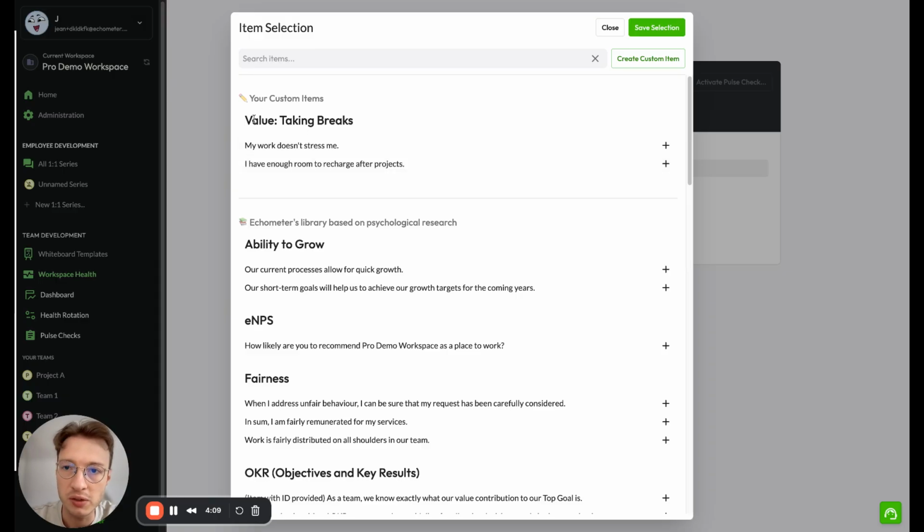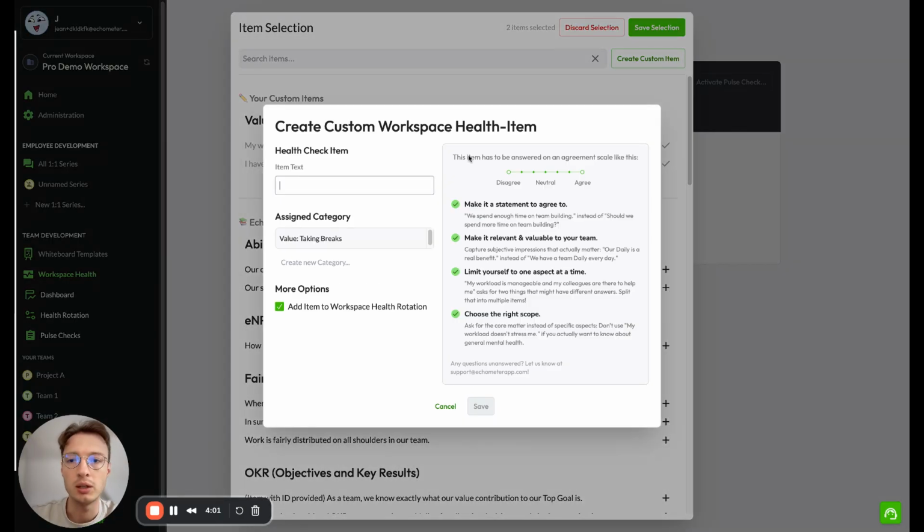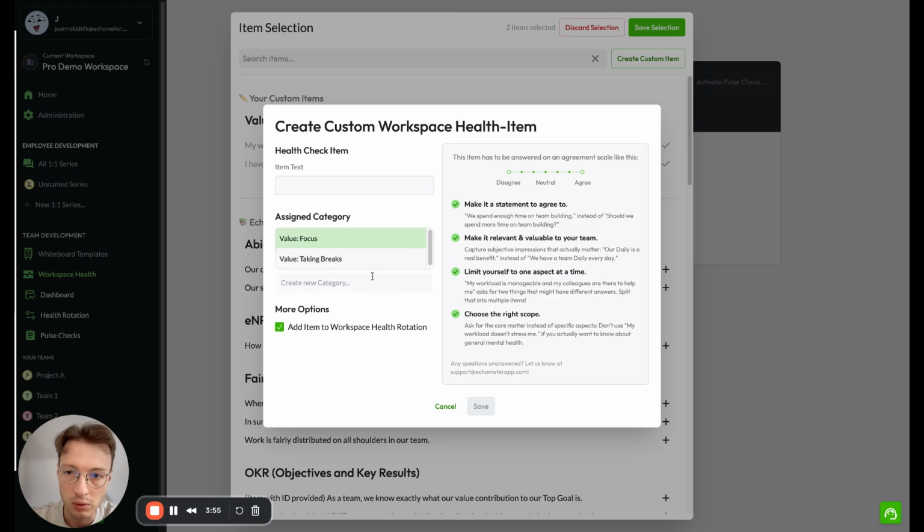So we already have a custom category here, value taking breaks. So let's add those two. And let's say we also need a custom item. So we just click create custom item. And then let's say we have another category in our company values, which is focus. And let's create this category and add an item that says, I am never distracted